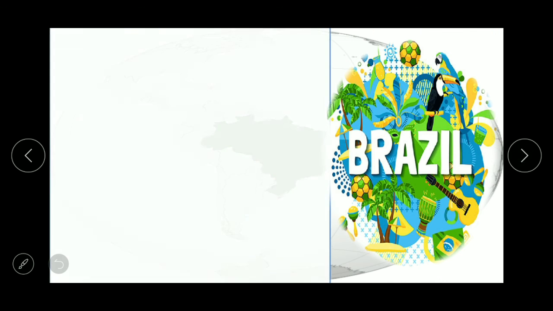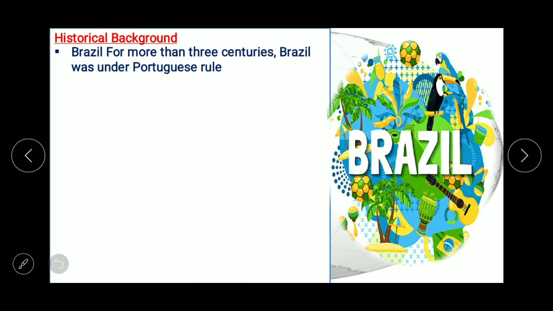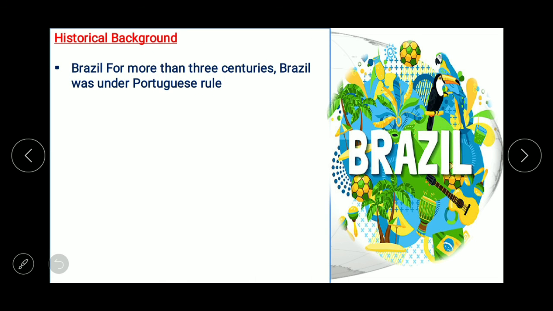About the Brazil now, historical background. Brazil for more than 3 centuries was under Portuguese rule. जैसे इंडिया फॉर 1.5 century ब्रिटिश रूल के अंडर था, वैसे ब्राज़ील में फॉर मोर देन 3 centuries मतलब हमसे डबल वहाँ पर पोर्तुगीज रूल था. Brazil gained its independence in